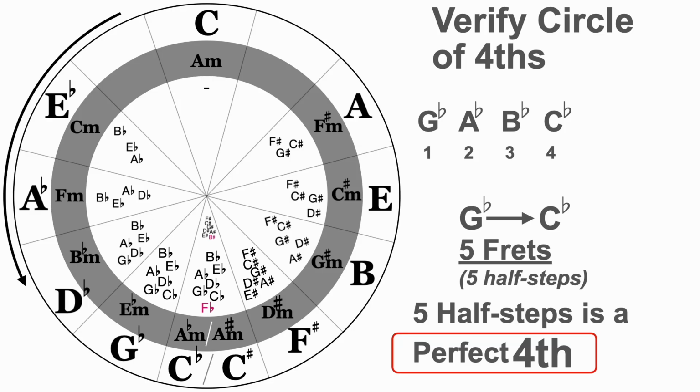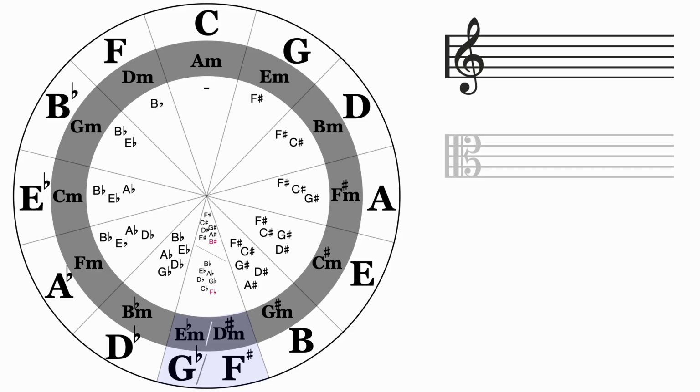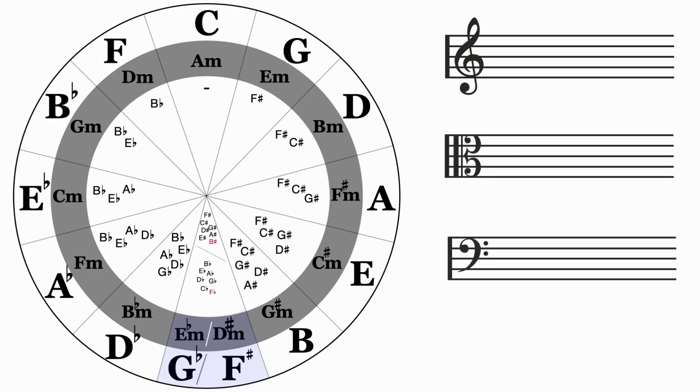Now, from here, what I want to do, taking a look back at the circle of fifths as we normally see it, is look at what we call a key signature. By being able to quickly look at a piece of music, and this is not reading music, this is just looking at a piece of music, how can we quickly tell which key that piece of music is actually written in? And the way that we do it, looking at a musical staff,